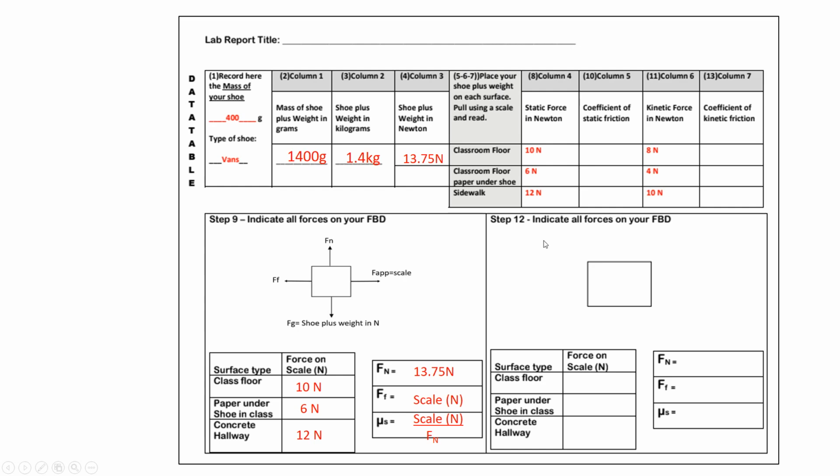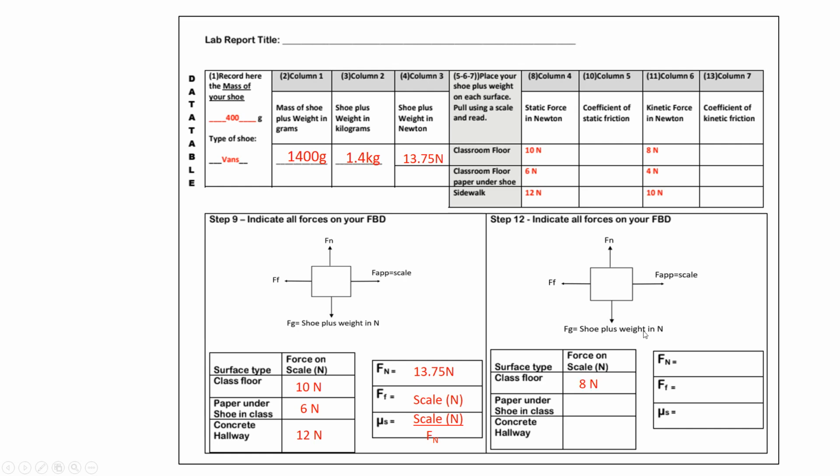Okay, so now let's take a look at when the shoe keeps moving at constant speed. So you are sliding the shoe along those three different surfaces. Now you have the steady number showing on your scale, which is different from this one. This one, when you first start your motion, you noticed that the indicator of the scale went all the way down and then came back to a lower number and kept constant. So now we are talking about this diagram. So here we are going to